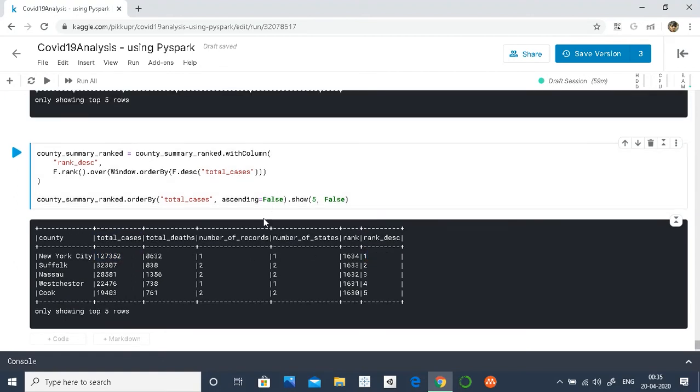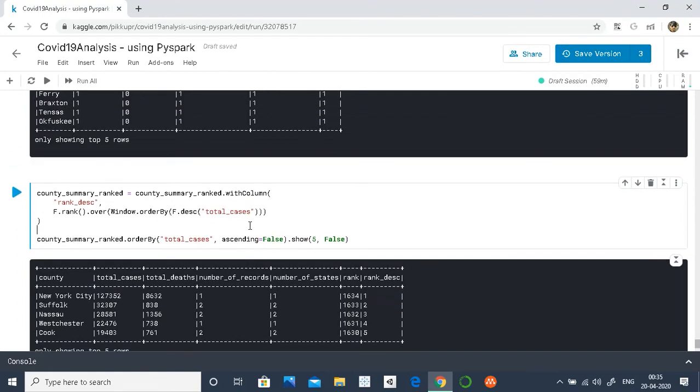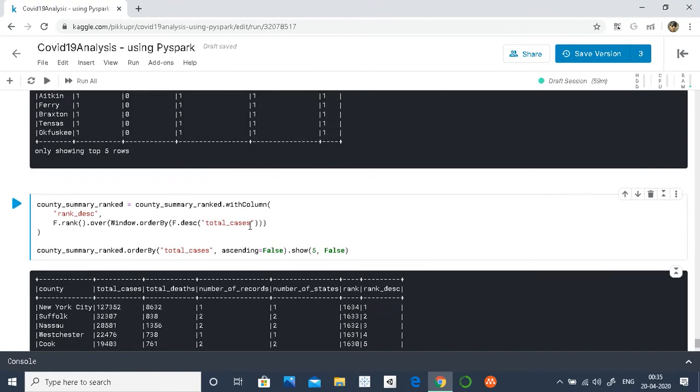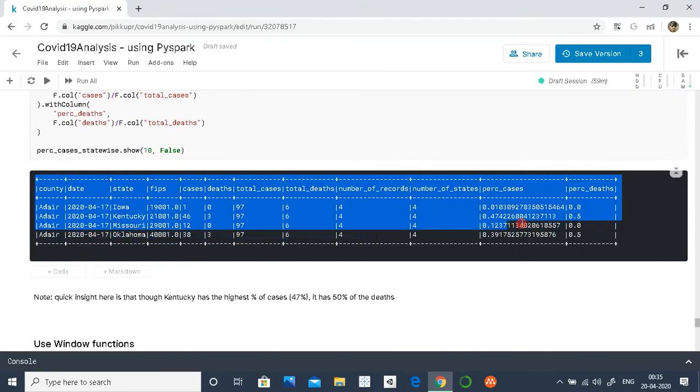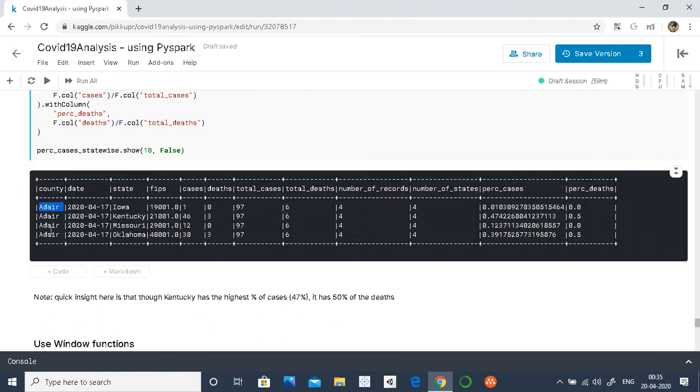Okay, so this is one of the utilities of PySpark, but this is not the only thing we can achieve using it. Another thing could be to also apply partition by. For example, in this example we got previously, if we want to find out which state has the highest percentage of cases inside each county, then for each county separately, we will order the states by the number of cases.